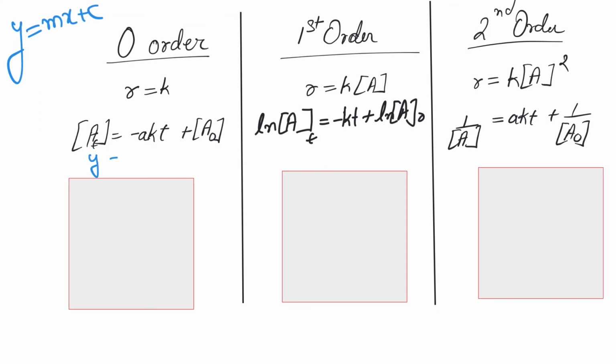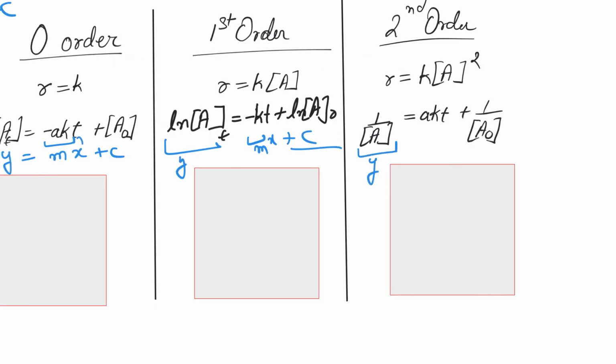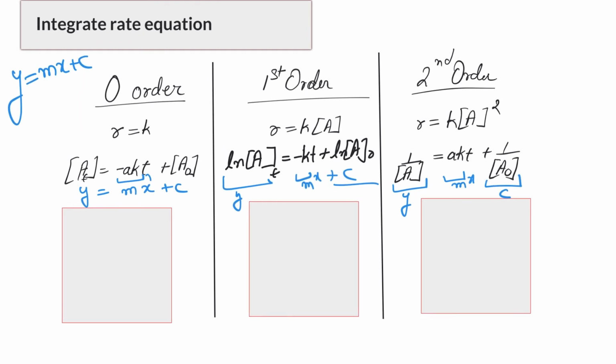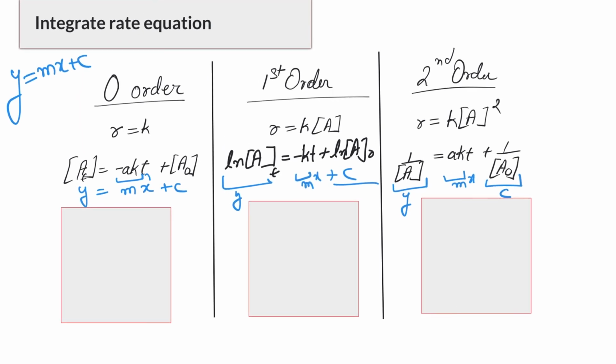So y equals mx, t is x, plus c. If you have the data and if you can convert it into these exact stuff, so